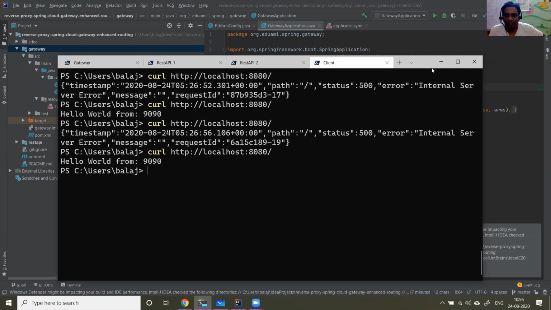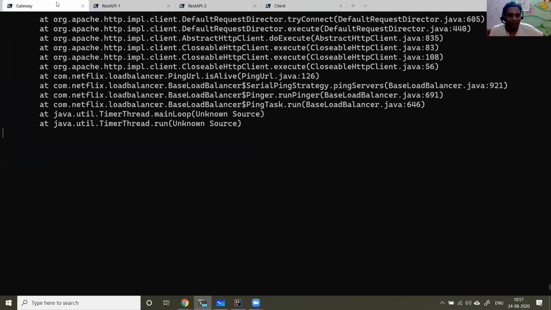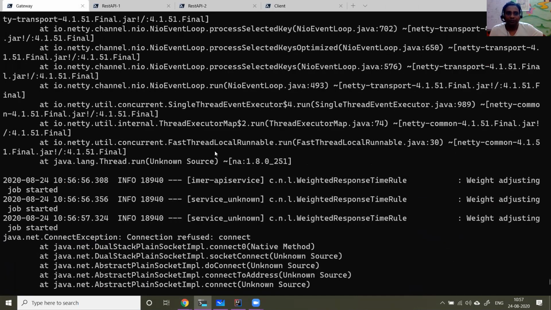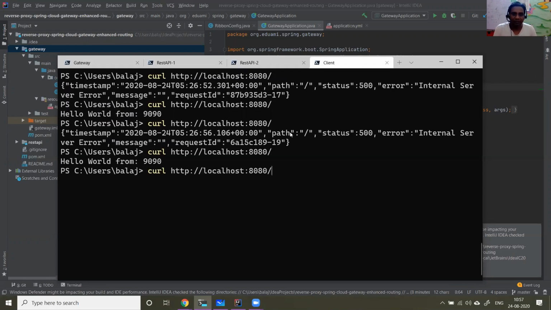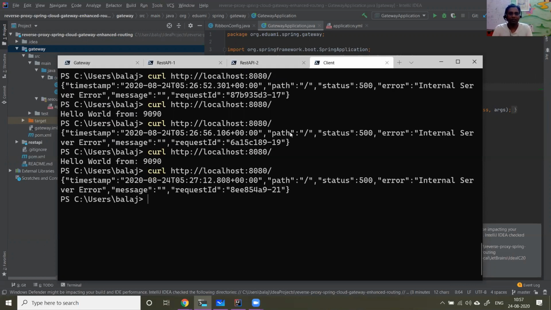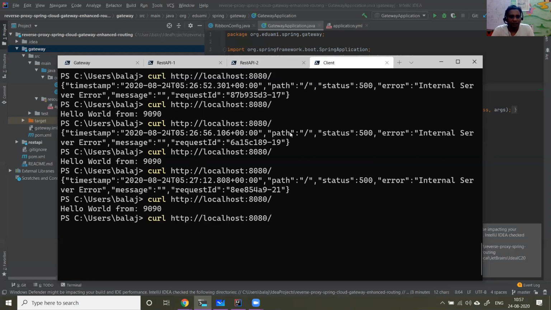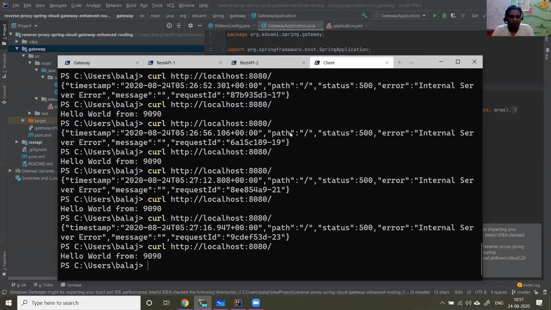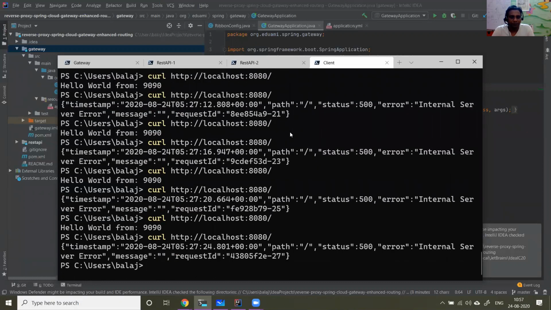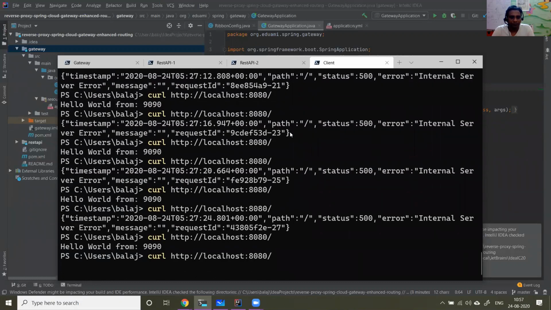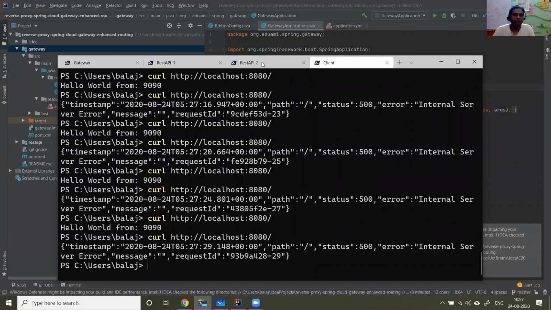I think it is taking a while to reflect that. The weighted response rule needs to play a role. Or, no need to restart the gateway.